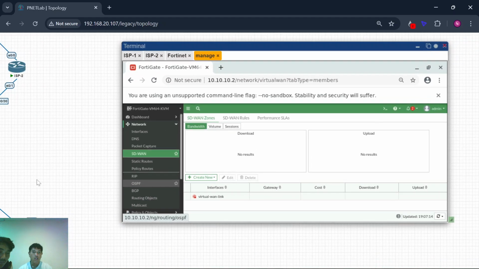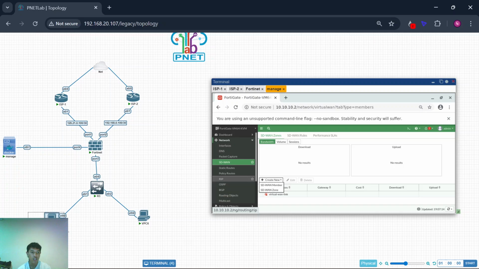Because in these services you must add an SD-WAN member. The meaning of the member is that you add VLAN 10 and VLAN 20 inside this SD-WAN member.